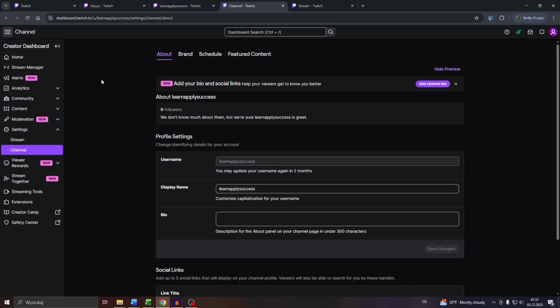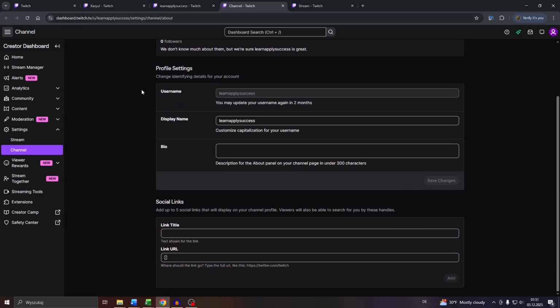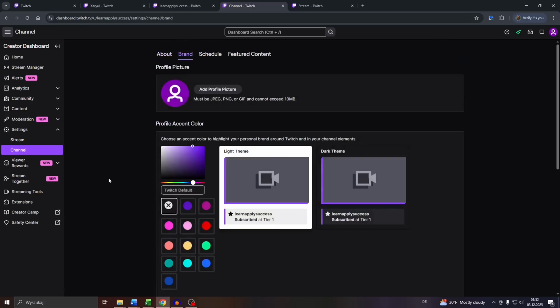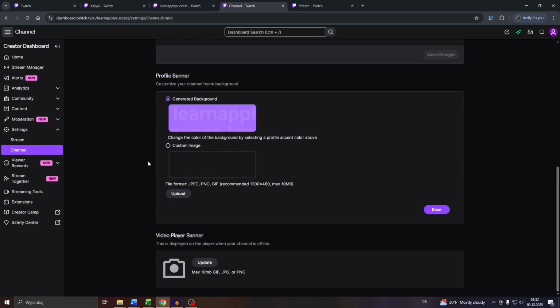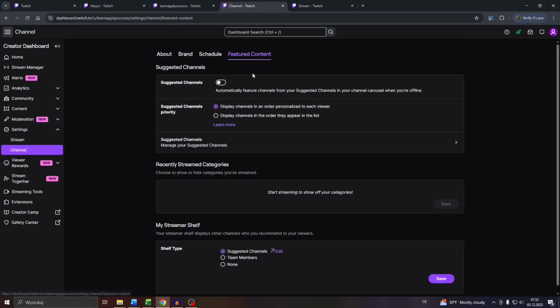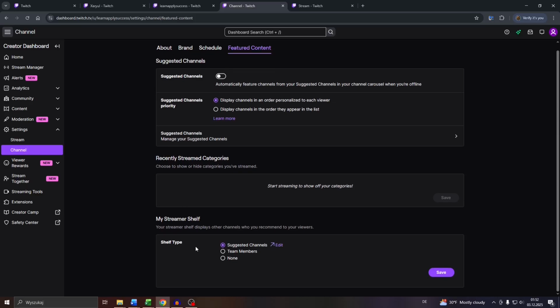And from here guys, you may go through these profile settings, for example, and you may also go through these tabs at the top and select or upload profile picture, a background color, a color theme, a profile banner, a video player banner at the bottom, and also go through these settings here, featured content, for example, and go through